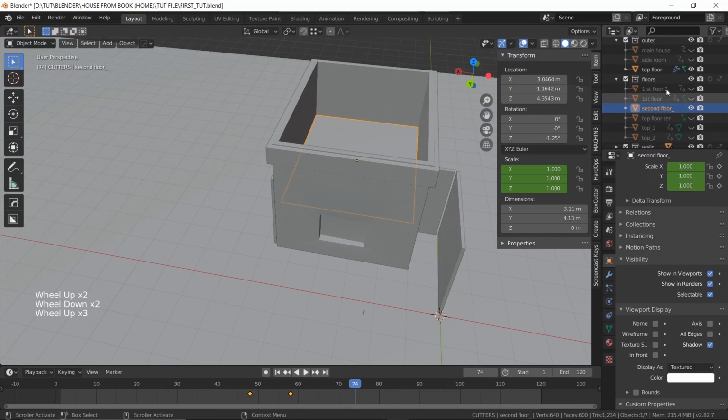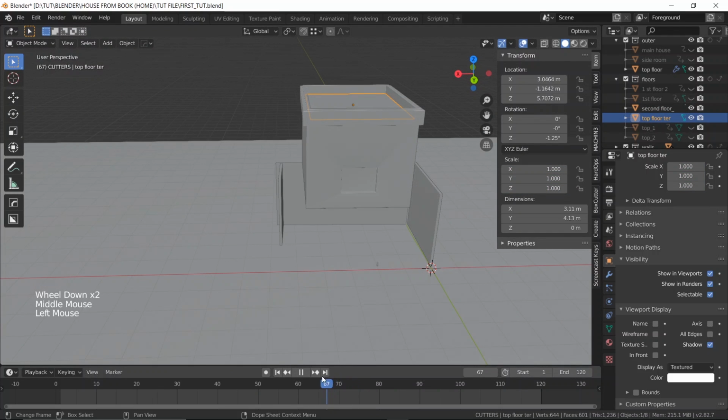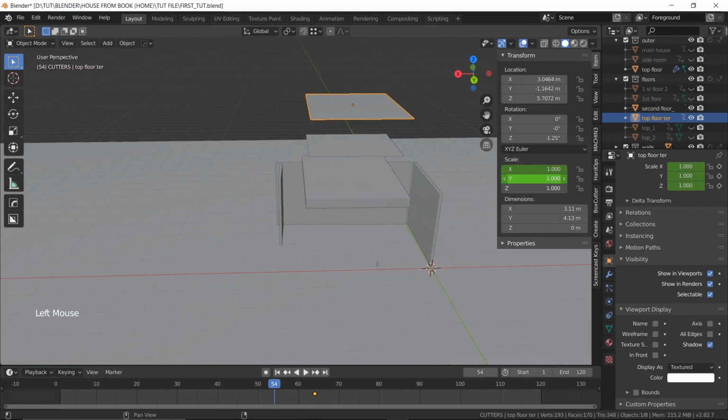Pretty sure we had another top floor. Is it the side room? No, man, no. This one, yeah, this one. So let's go back in time to see where I want it to be fully appeared. And yeah, that's where I hit I. Minus 10, Y and Z. See, I remembered this time. Sorry, 0 and then I. So now